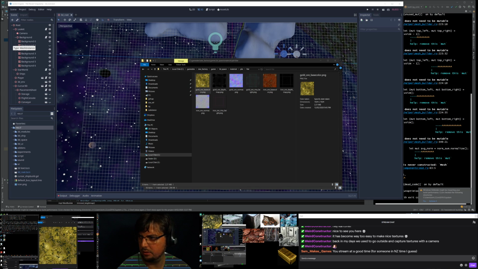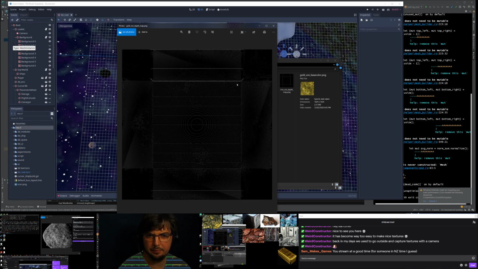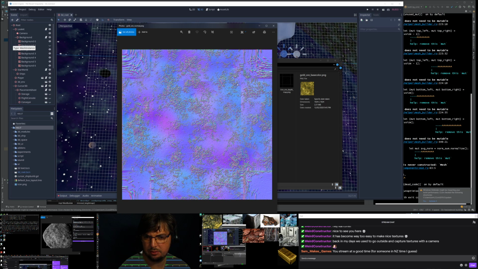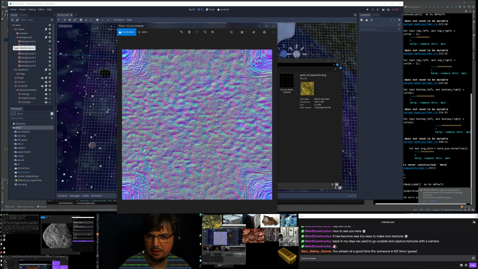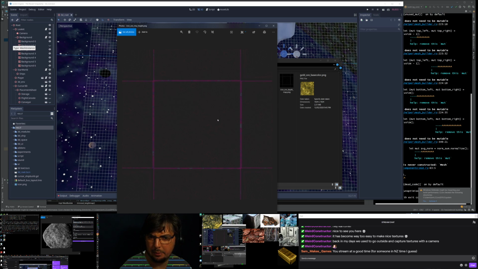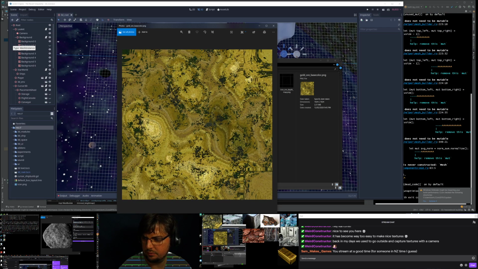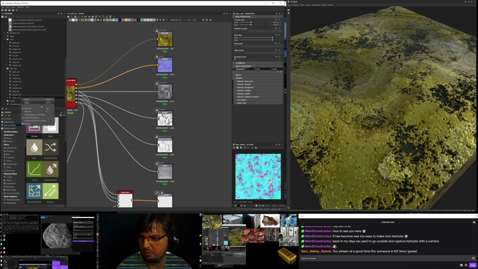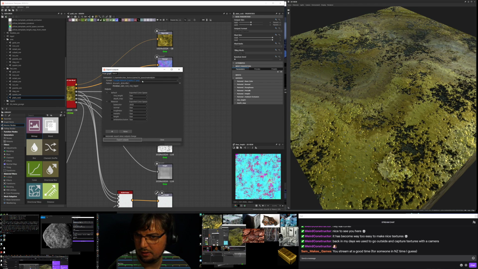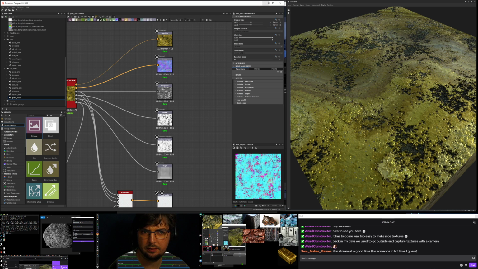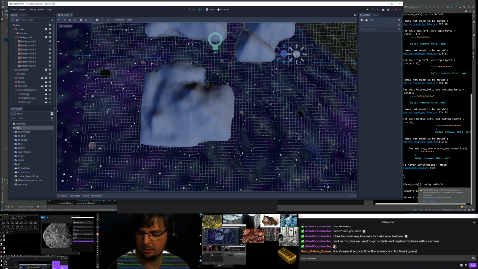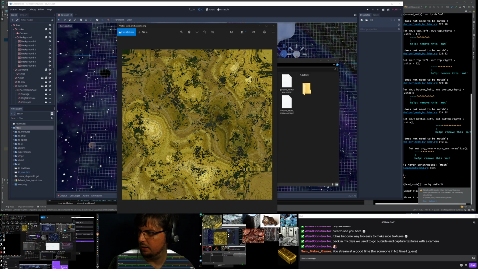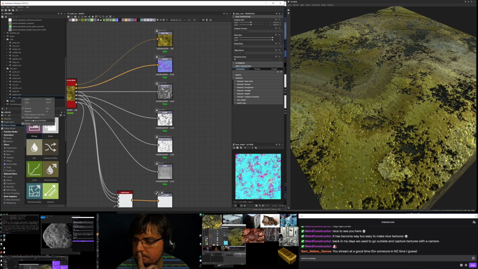So we've got a gold ore color map, a depth map we're going to ignore, a normal map. This is the color for the iron. Depth map we're going to ignore, a normal map, height map we're going to ignore. Oh, I didn't actually get rock out. So for some reason when I did the plain rock export, export as bitmaps, I didn't get those. I still didn't get them. I probably put them in the wrong place. I probably didn't put them in the flat folder or something. And here I was telling you